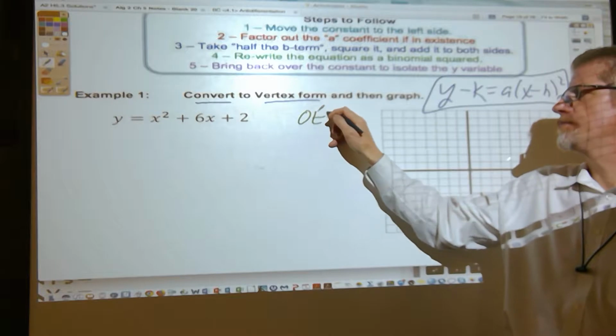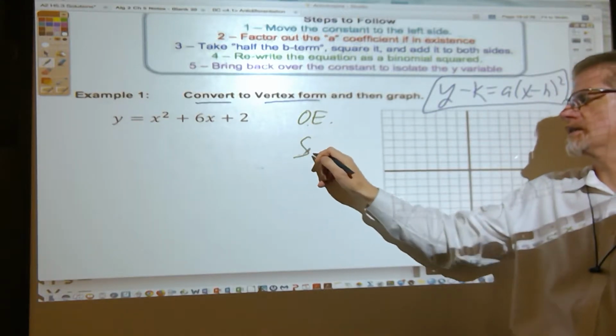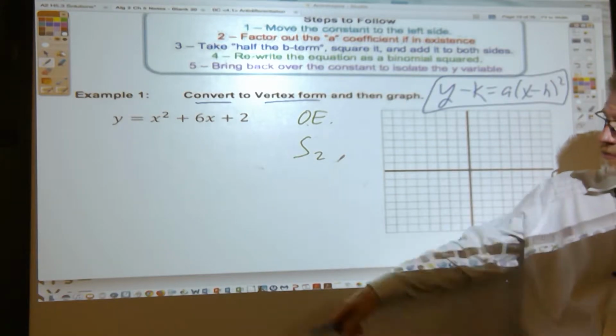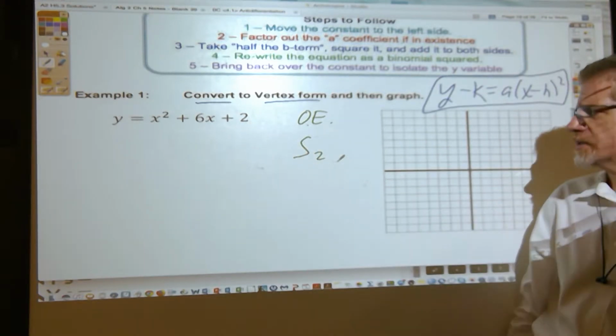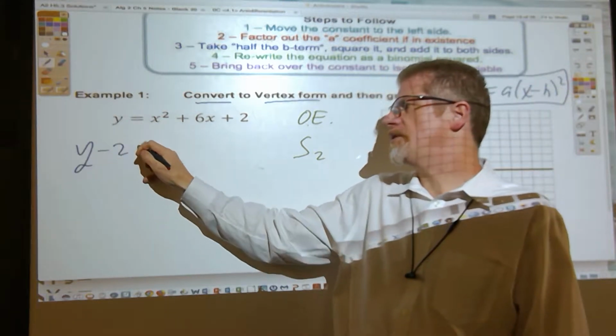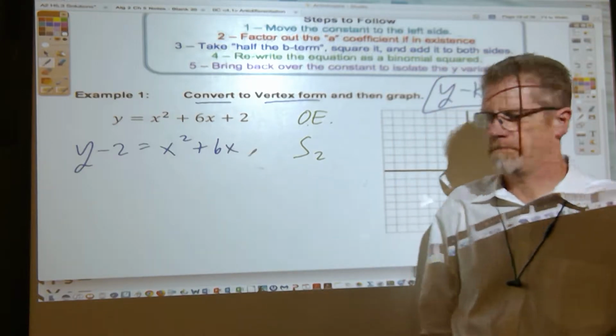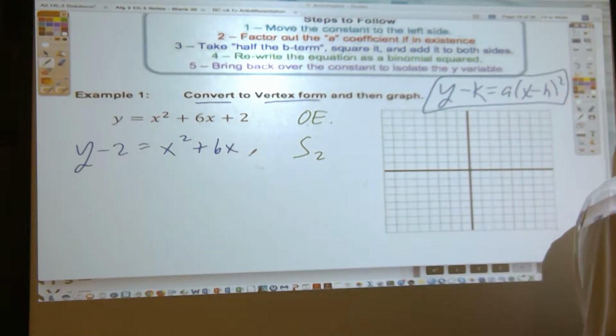let's do an example. OE is just an abbreviation for original equation. Let's get rid of the constant. Let's subtract whatever c is from both sides. So when you subtract 2 from both sides, you'll end up with y minus 2 equals x squared plus 6x. And now the